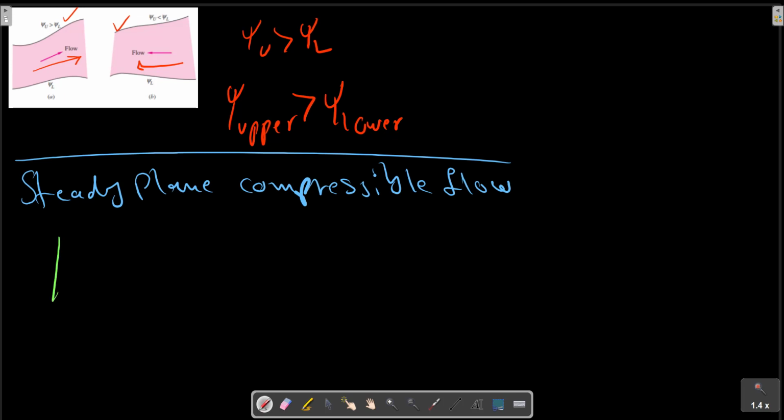So in this case we have a variable density, so that the flow is in the xy plane. Then the equation of continuity becomes